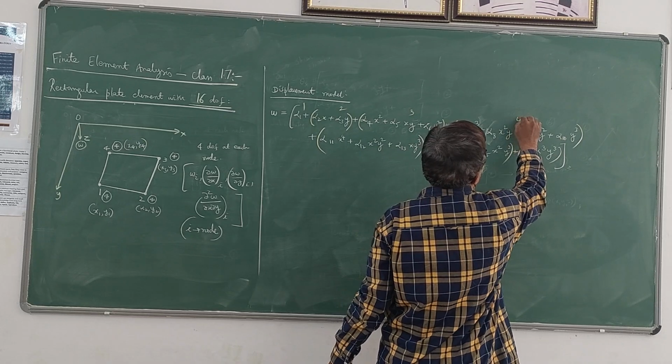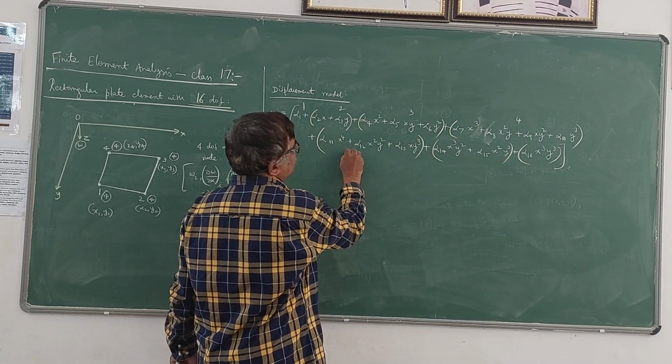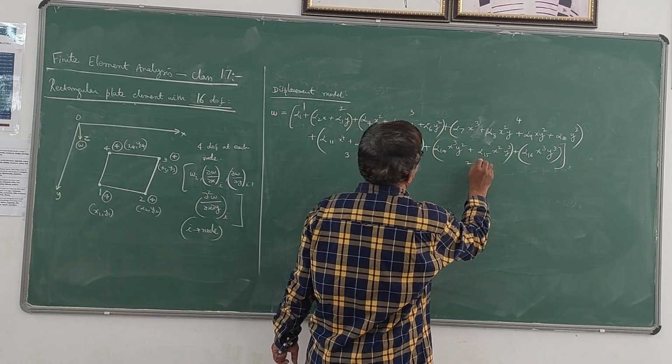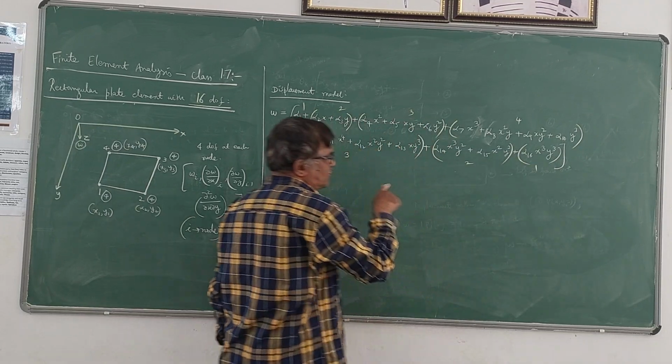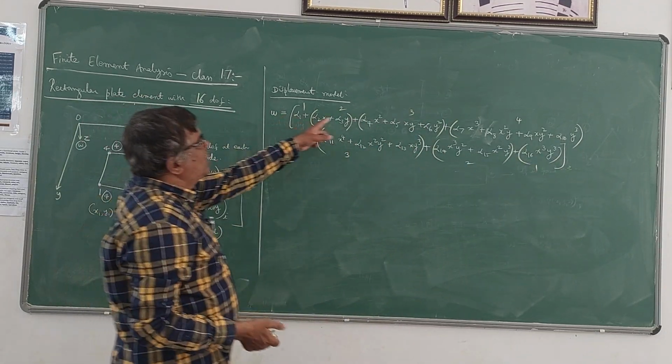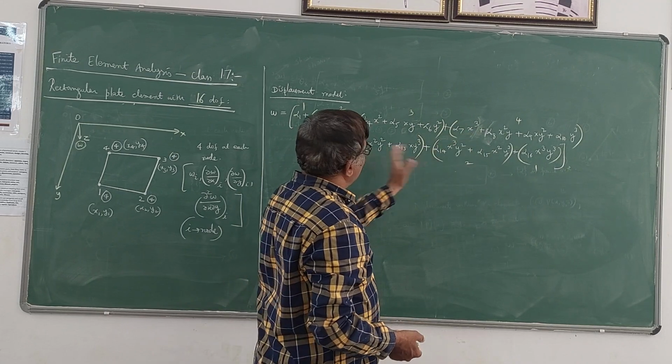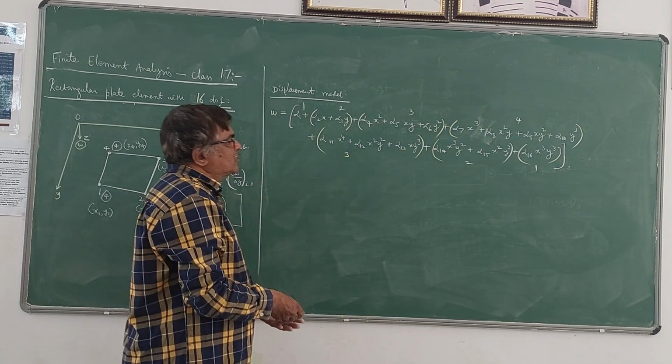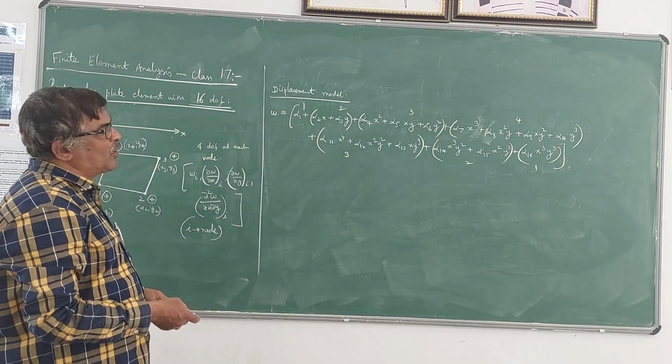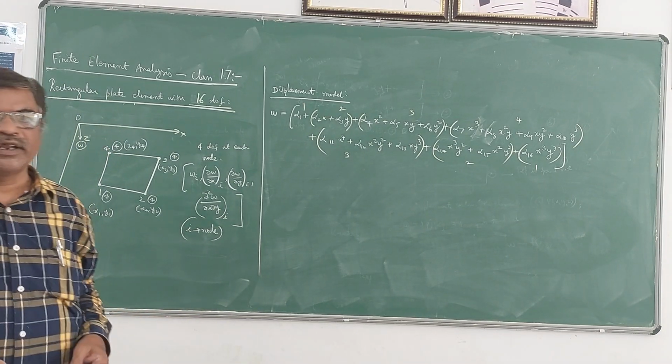Third order you have 4 terms. Fourth order you have 3 terms. Fifth order you have 2 terms. Then lastly 1 term. So, it is also symmetric. You can see here 1, 2, 3, 4. Then 3, 2, 1. Like that it will come. So this is the displacement model for a 16 degree of freedom